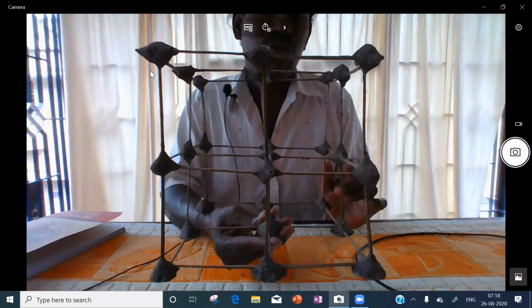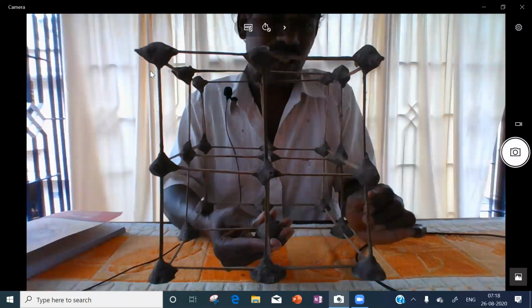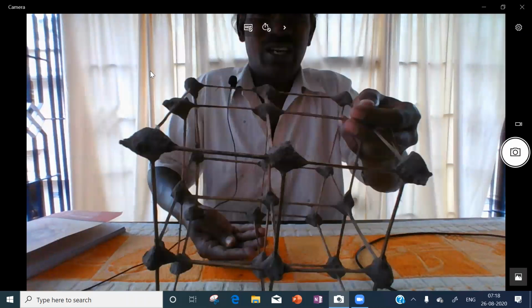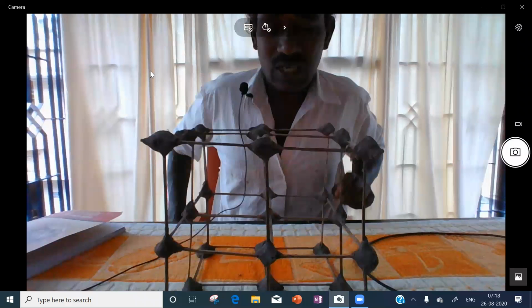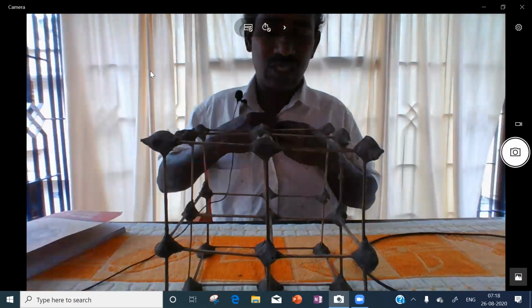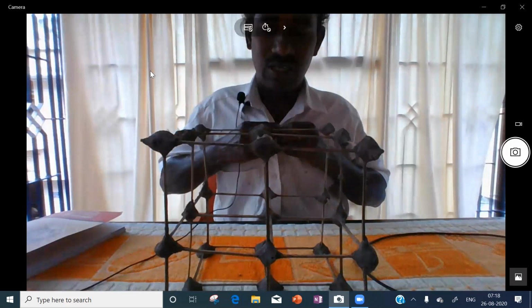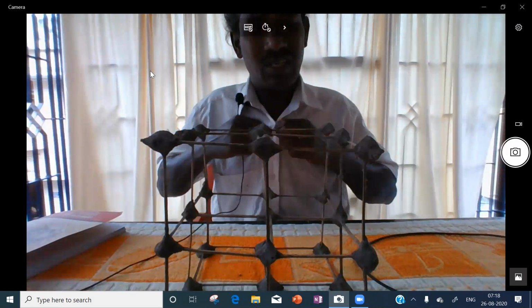Now we have to say tetrahedron. To say tetrahedron, you select one corner and three face centers. We can select any one of the corners.